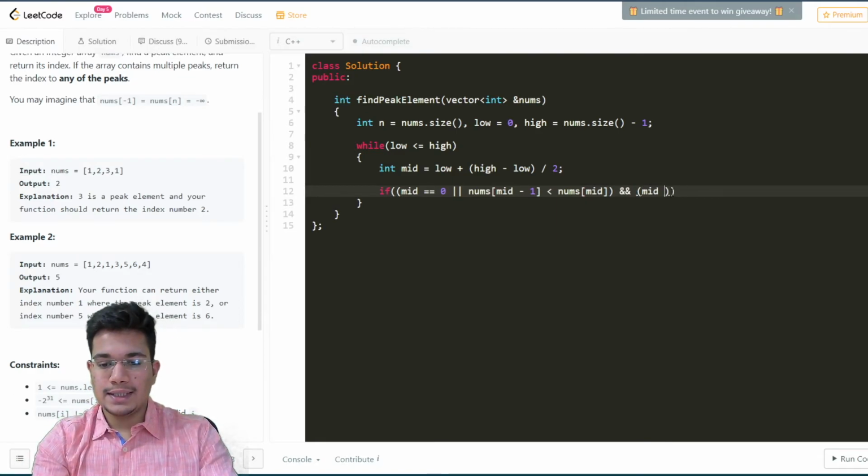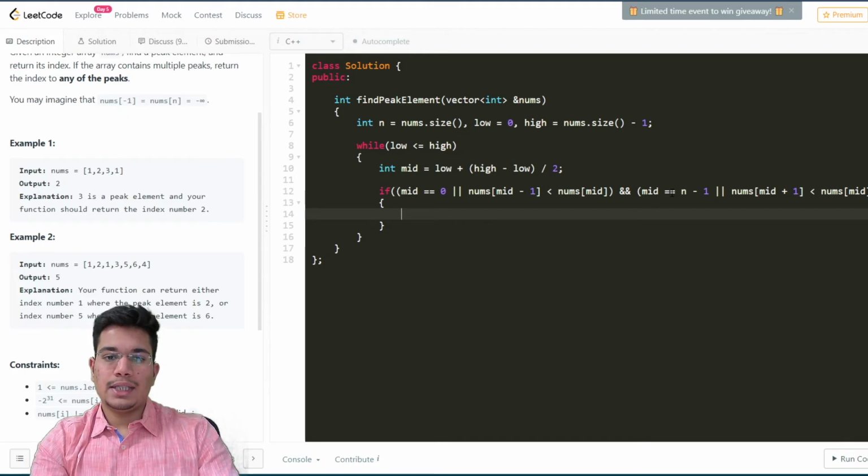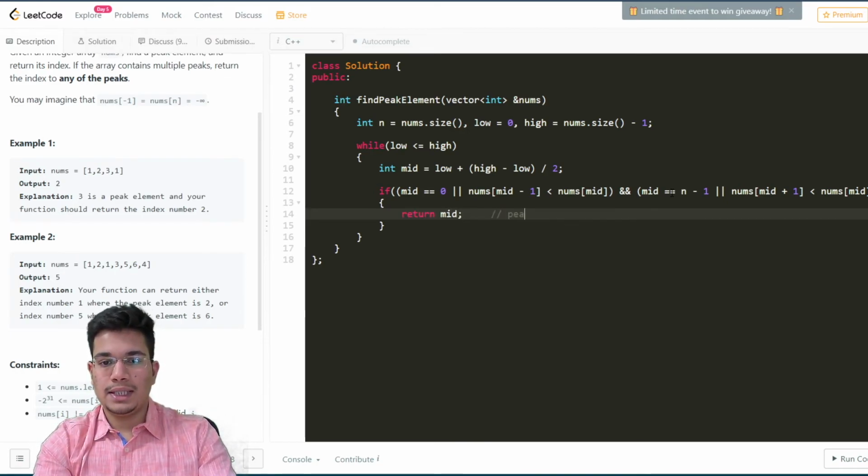Then we will also have the second condition for the right hand side. If my mid is the last element, which is n minus 1, I have nothing towards my right to check. Or if this is not the last element and there still are elements towards my right, I will check for those. If nums of mid plus 1, the element towards my immediate right, is smaller than nums of mid, the current element. So basically we are checking if my current mid element is greater than my immediate left and my immediate right, if they exist. Then I know that this is a peak element which has been found. Then I can simply return this index because we know that a peak element has been found.